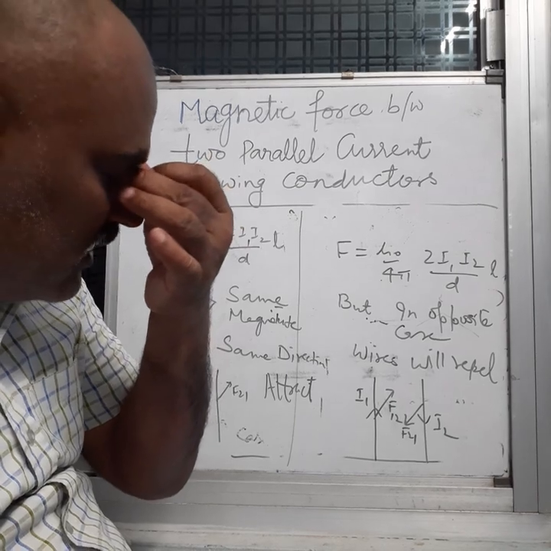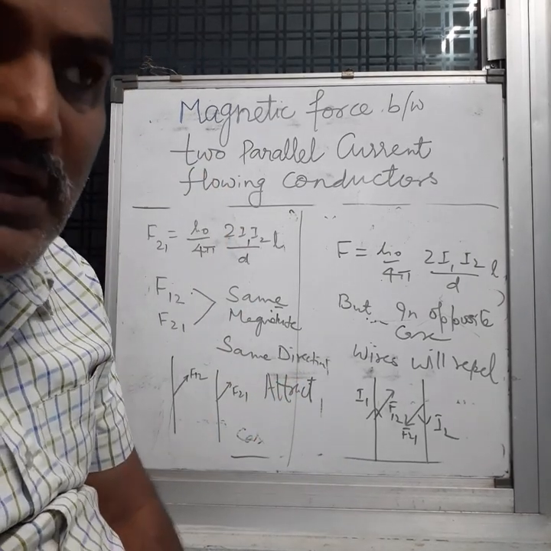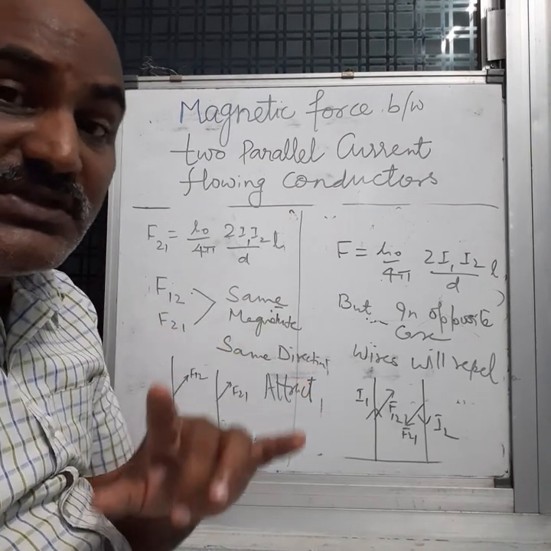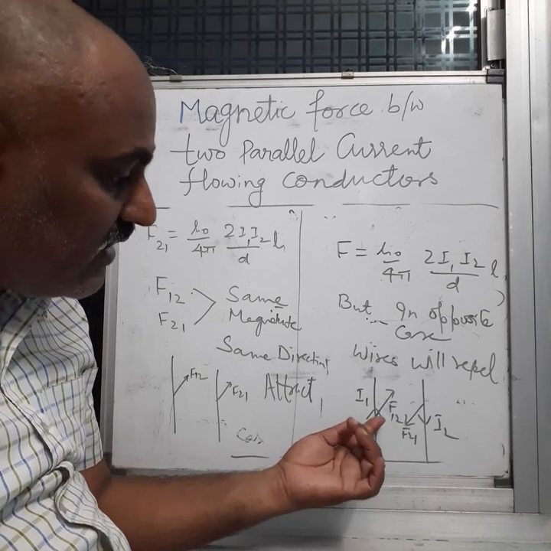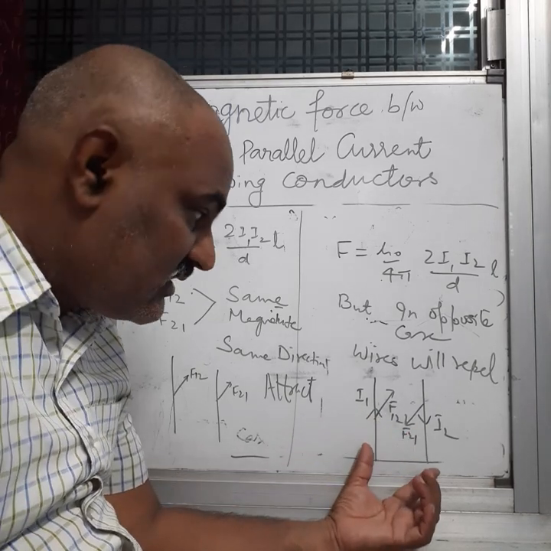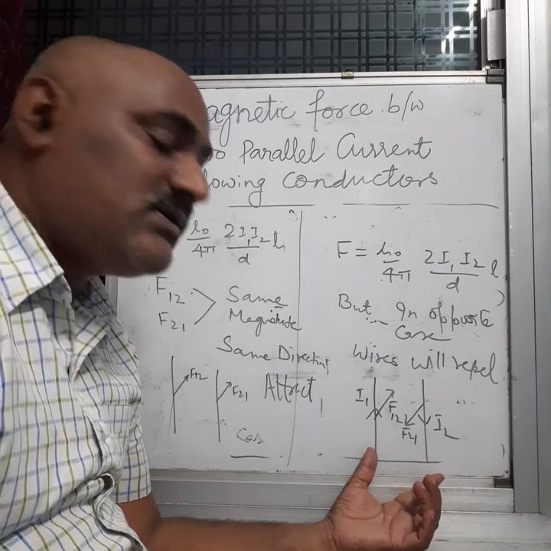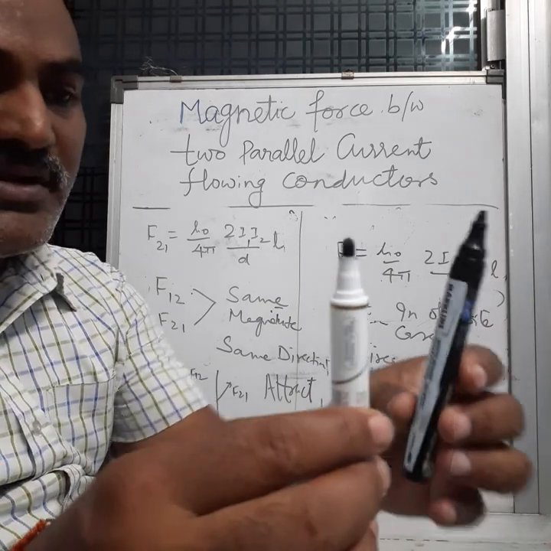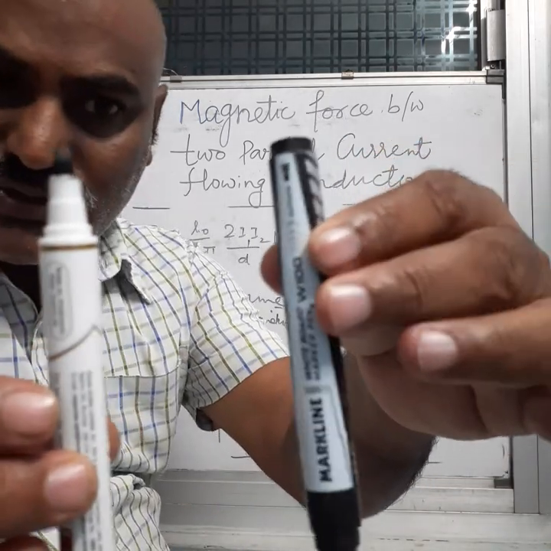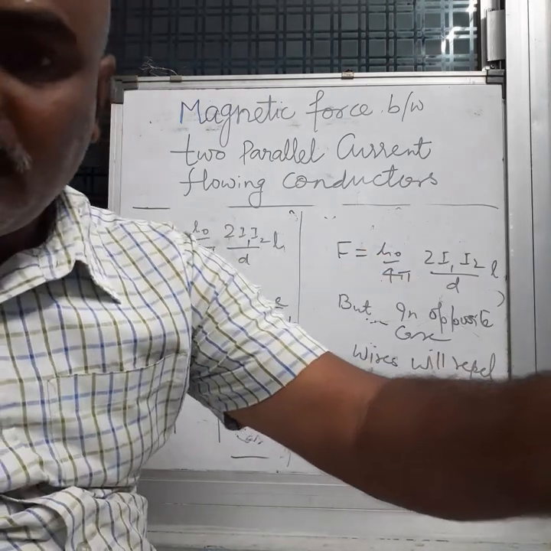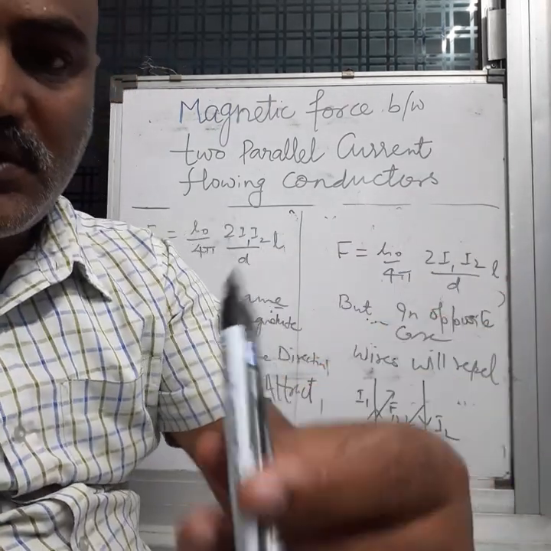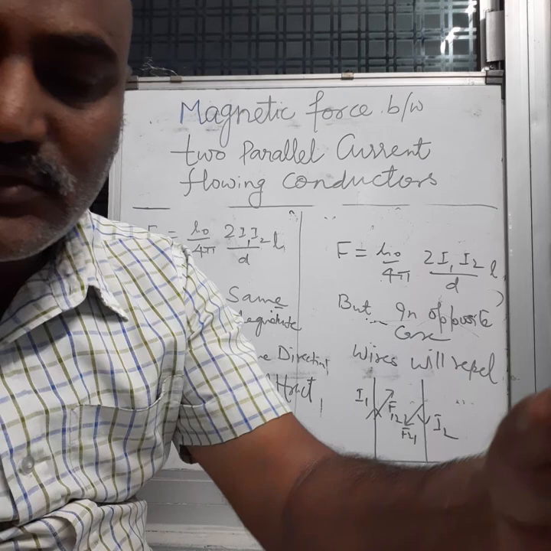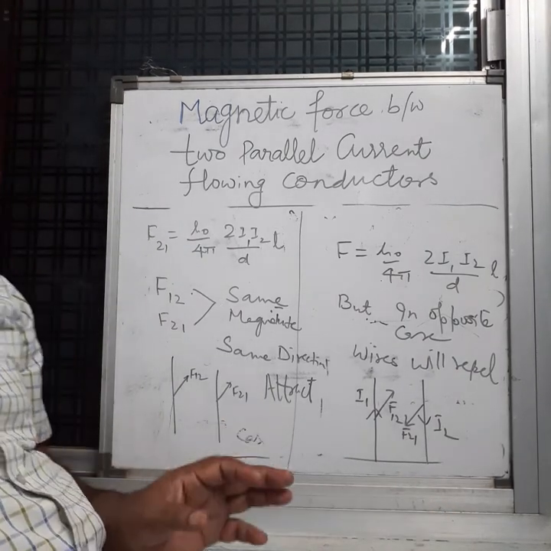So when you are making the direction of current, force and field, always think in 3D, never think in 2D. Like here, when you think about these two diagrams, you will say, sir, in this case these two wires are attracting each other, but you must think in 3D. See, two currents are in opposite direction, so one force is acting this side, one force is acting that side, so they will repel. But if the current is in the same direction, one force is acting this side and the other force is acting that side, so they will attract. Okay, so this is the basic concept.